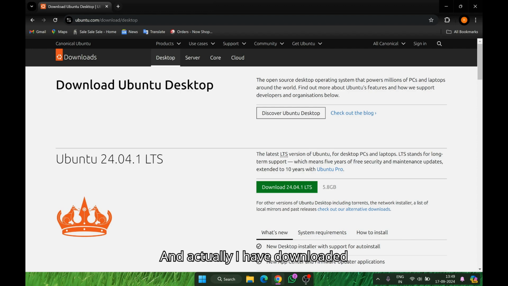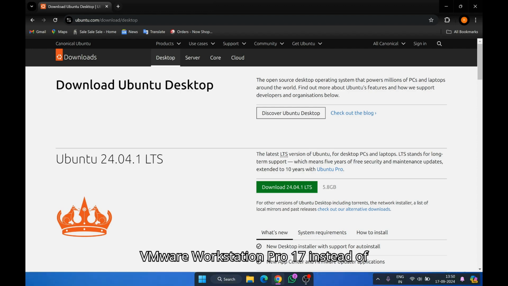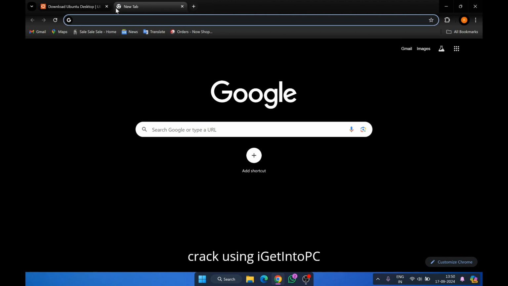And I have actually downloaded VMware Workstation Pro 17 instead of VirtualBox, as VirtualBox is having some issues. So I'm using VMware Workstation Pro for virtual machines. I have already installed VMware Workstation Pro 17 crack using iGetIntoPC,